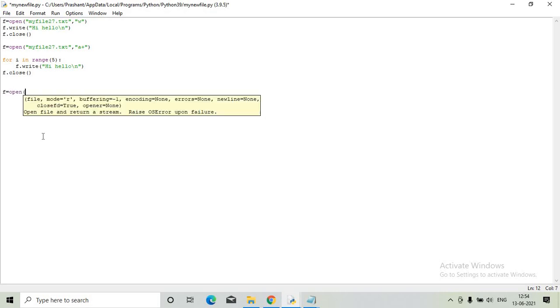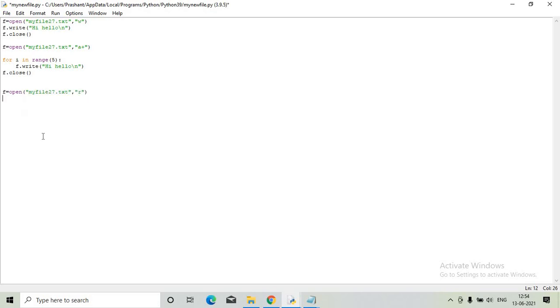What is the name of the file? My file 27.txt. I am going to open it in the read mode now, because I want to read the contents of the file. So contents is equal to f dot read.